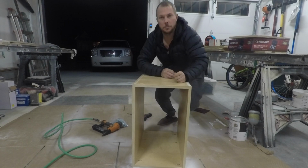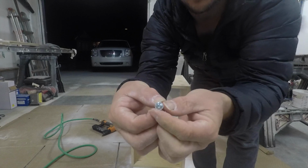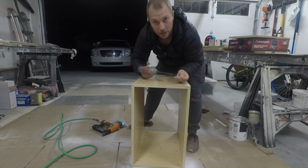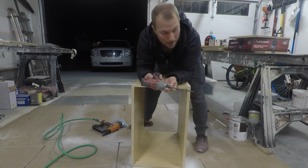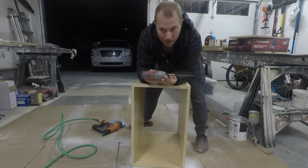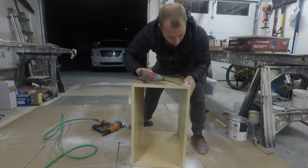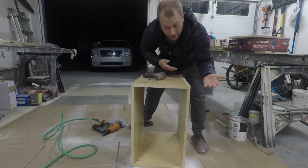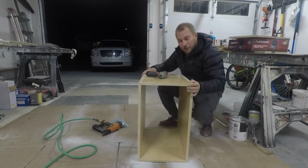Now I'm going to use these pocket screws right here, 1.25 inch, these chrome with the pan head. They hold really good in the plywood. Normally I would use a drill instead of an impact, I just don't have it out right now. The impact you can kind of overdrive in the plywood. But just like that right there, get all these cinched up, and this will be our cabinet for the drawer